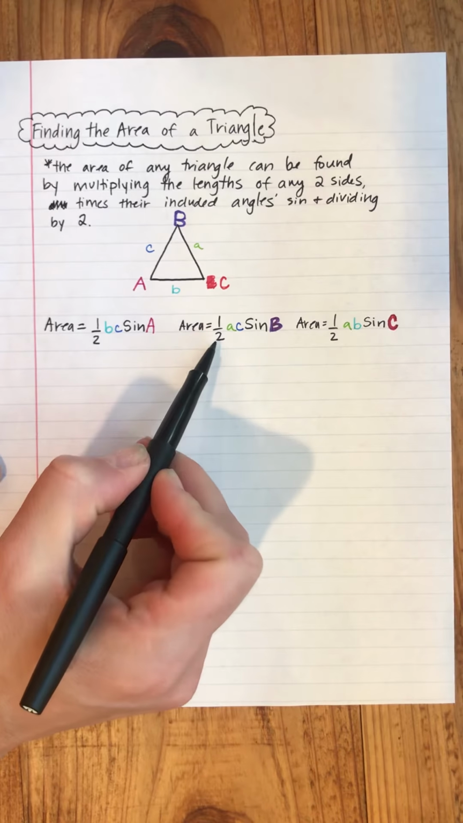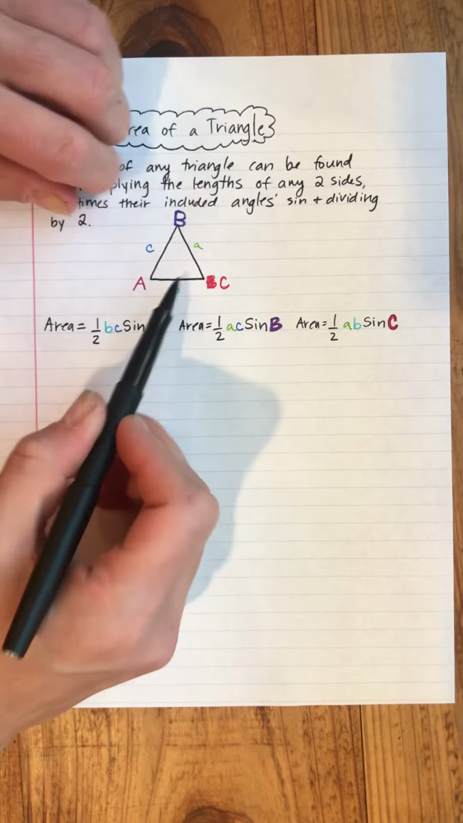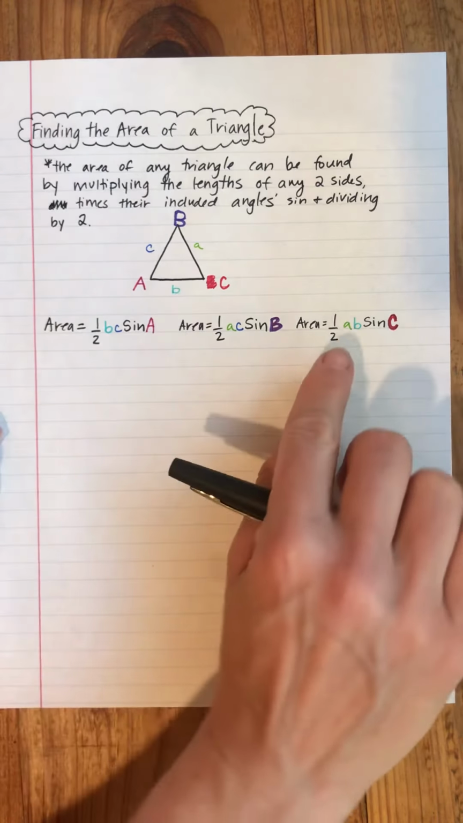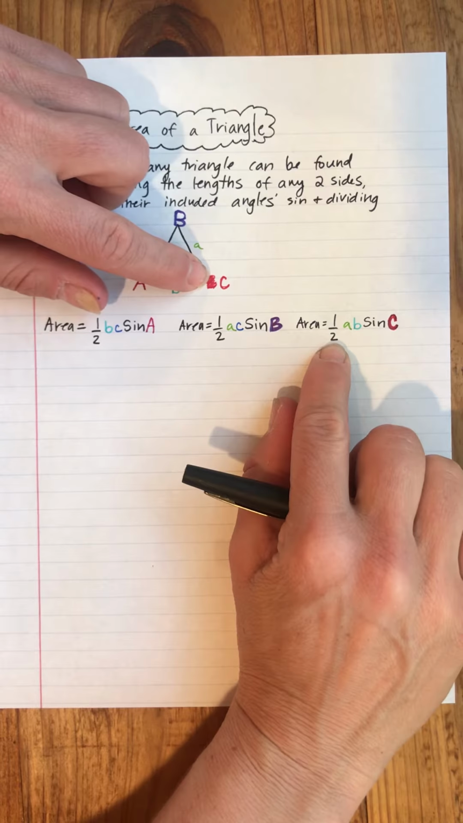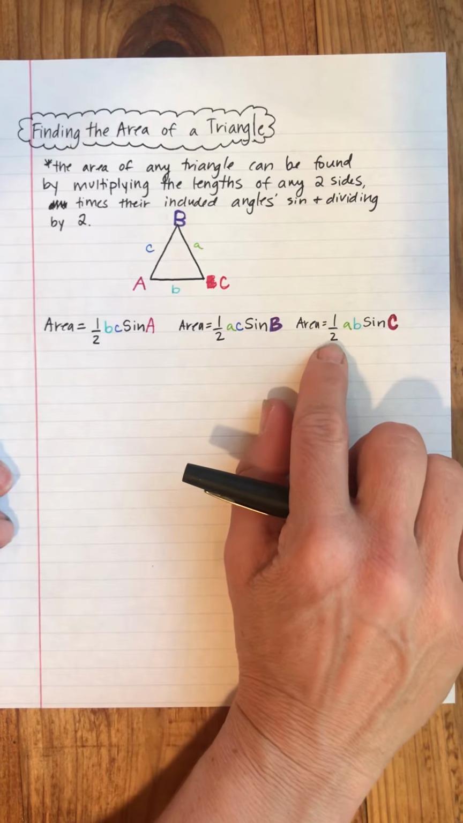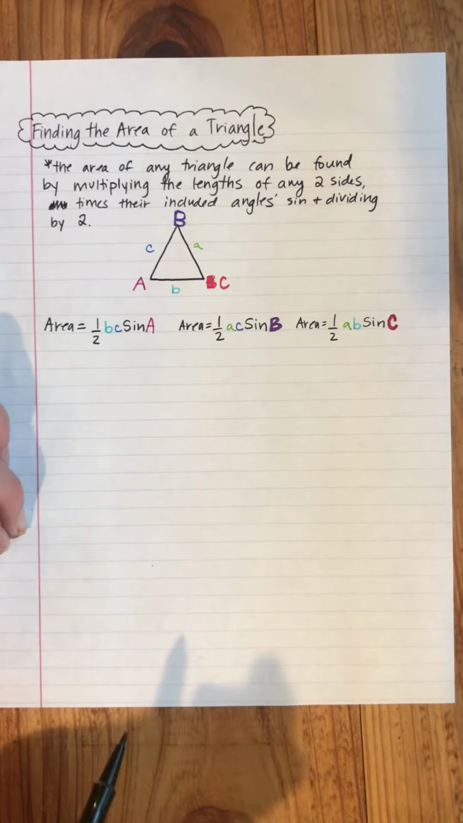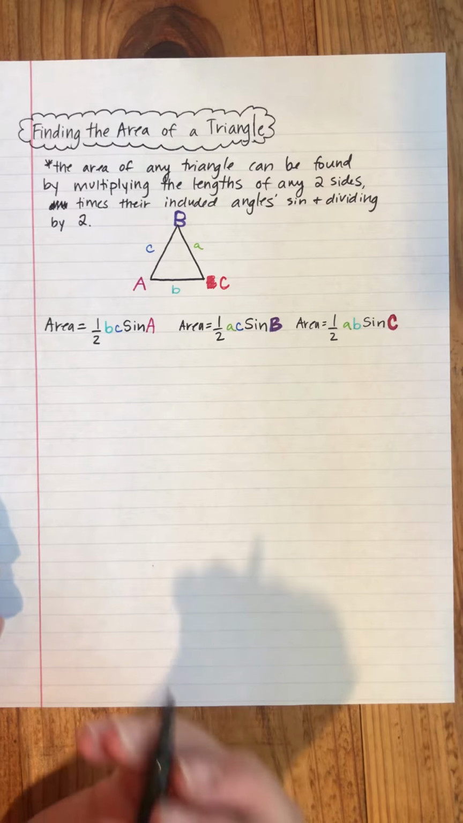So if I multiply 1/2 A times C times the sine of B, that will give me the area of the triangle. Or I can multiply 1/2 A times B times the sine of C, because that's the angle that's included between those two lengths, and times it by 1/2, and that will give me the area of the triangle. So if I look at an example here,